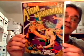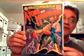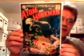And got some more Kubert stuff going on. Adam and the Hawkman number 39. There's some great covers here. Number 40. I've seen this one pop up in a few videos. Finally got my mitts on a copy. Just a beautiful cover. And number 43. So I think this completes the only ones I needed with the Kubert covers,